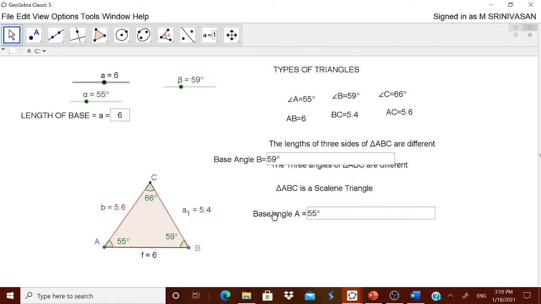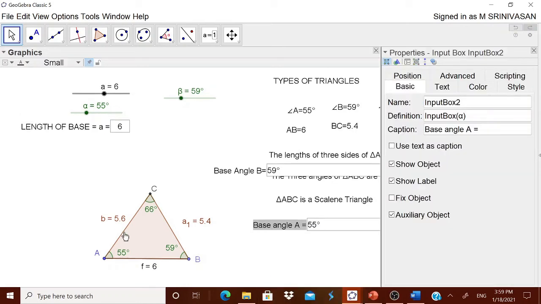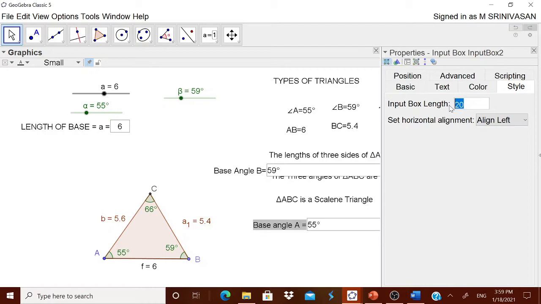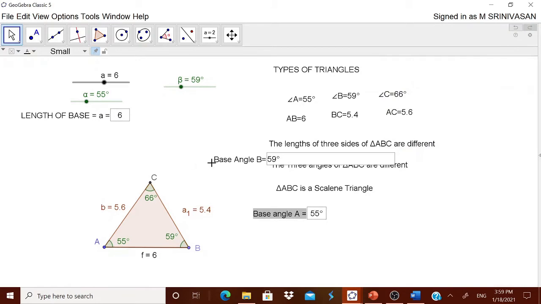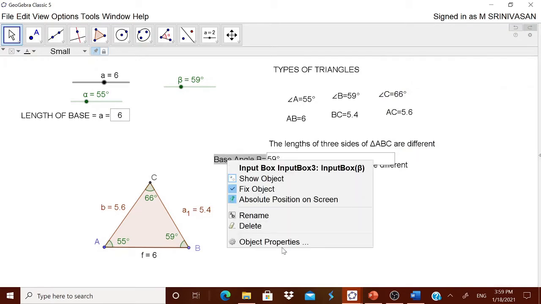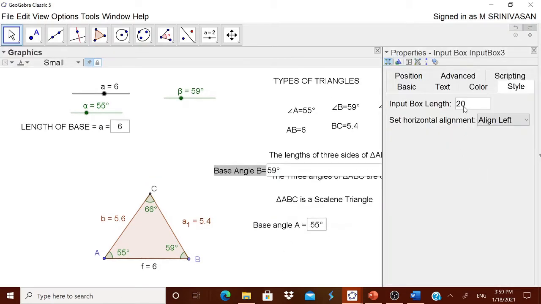Now this can be a fixed object, and then go to the object properties, go to its style and make it 3 and center, because sometimes its length will be very lengthy. We don't want that much length.